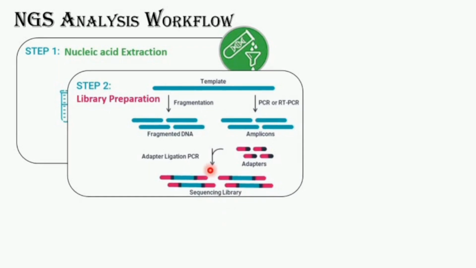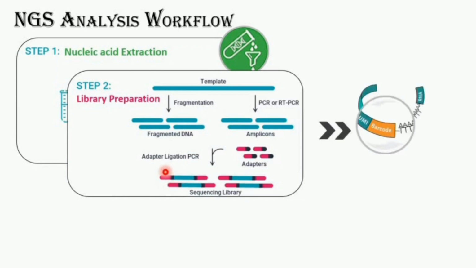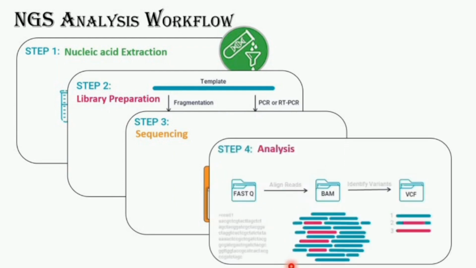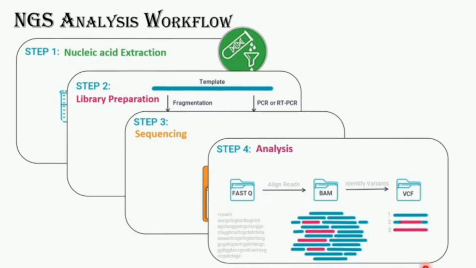So library preparation is a very important step before sequencing. Basically adapters are the flags that we add on both ends. Here we can see the pink ends where we have added the adapters, which will flag that this specific sequence is coming from which sample. And then the sequencing step will come, where we will provide this library prepared sample to the sequencer, and the sequencer will give us output in different file formats which we will process further to determine the variants in the sample. Next is